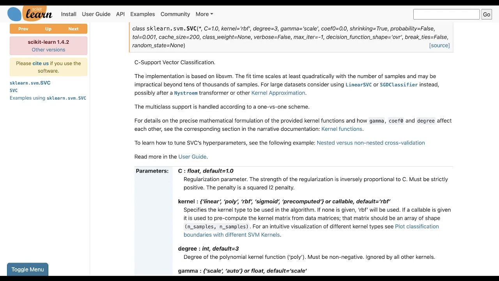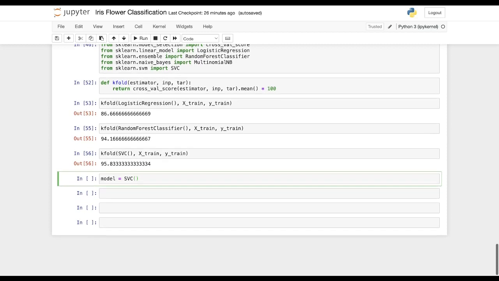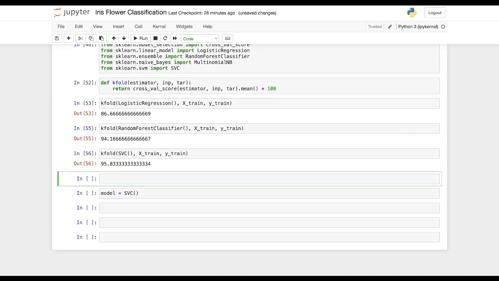RBF here. Now we need to provide a value of C here, and if you want to check what is the best value of C in this particular case, before building the model, you will perform grid search CV. By using grid search CV, we evaluate what the best hyperparameters are for our algorithm.